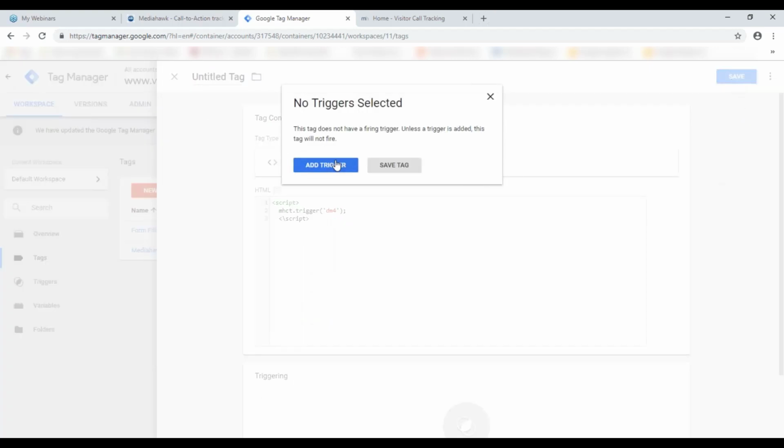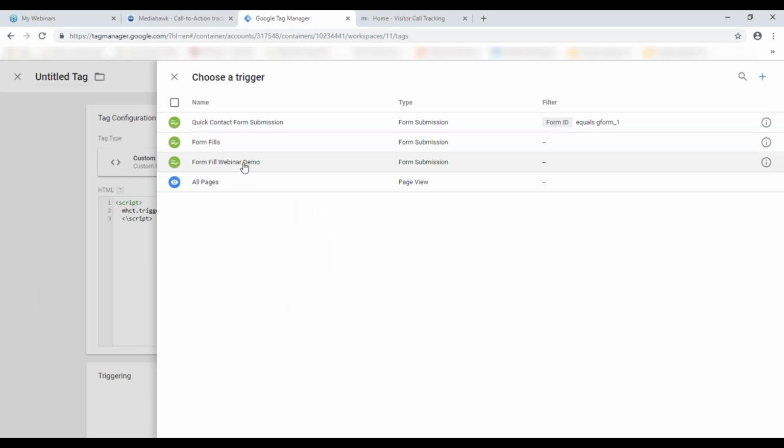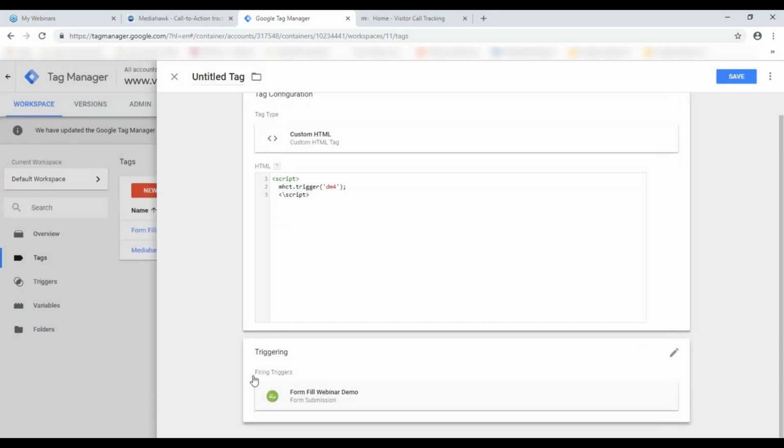Okay, and we're going to add a trigger. So to add the trigger, we're going to select Form Fill Webinar Demo. We can see that's now come in here. If we now save,